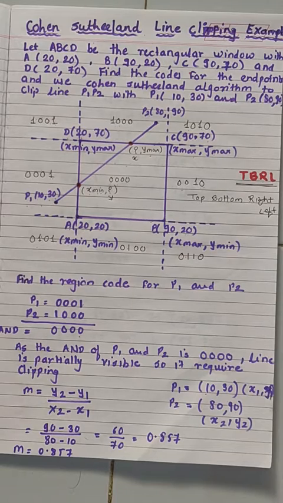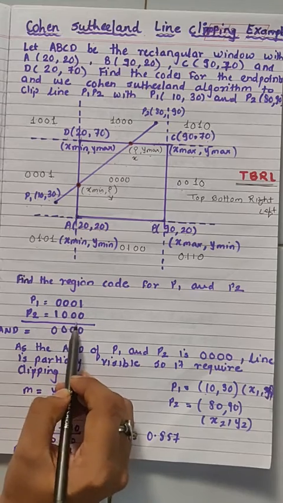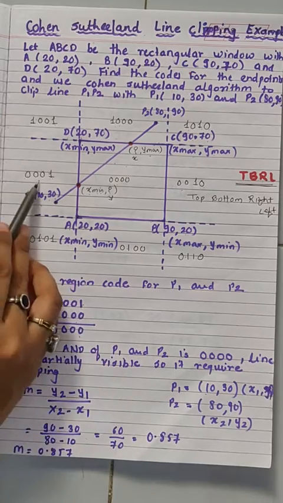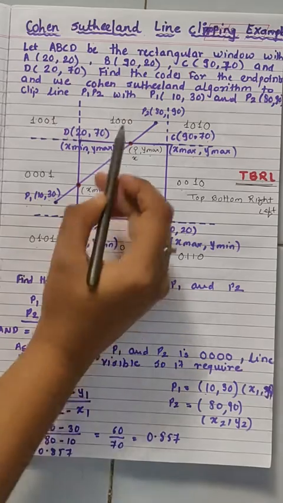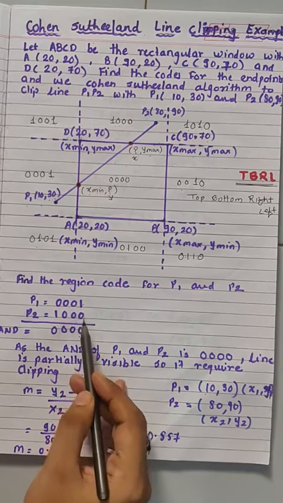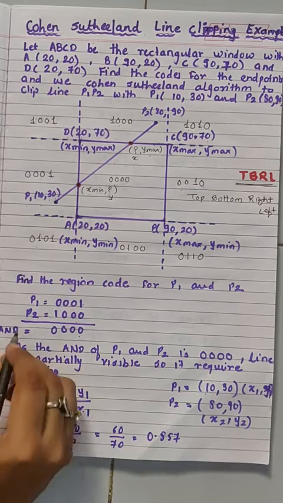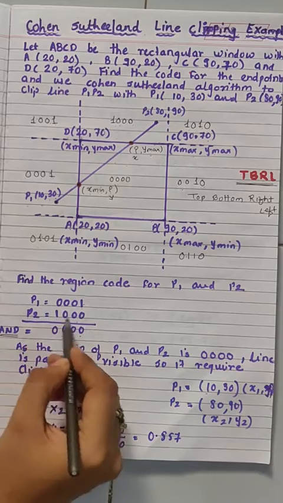Now while performing the clipping, the very first thing you have to check is whether the line is visible, invisible or partially visible. For that purpose you are going to use the region codes. Now the region code of point P1 is 0001, which is from here, and point P2 is 0100, which I have taken from here. Now these are the region codes we use to check whether the line is partially visible or not. For that purpose we are going to perform the bitwise AND operation of these region codes.